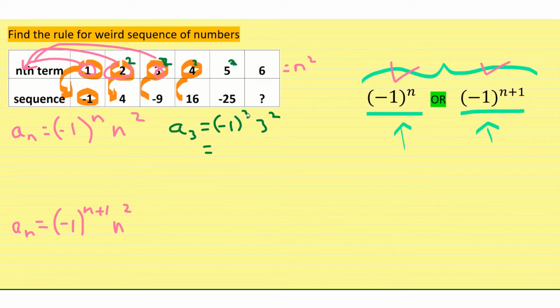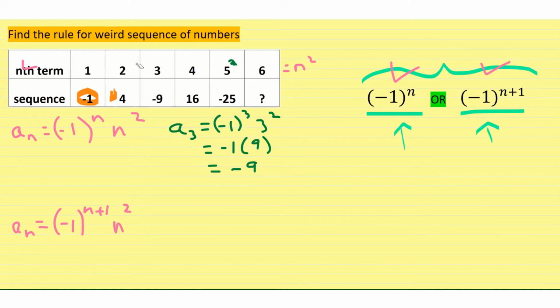Okay, so -1 to an odd power means there's going to be an odd negative left over, which means it is still going to be -1. And then we're going to multiply that times 3 squared. Well, 3 squared is 9, and that -1 times the 9 is equal to -9. And voila, that is actually what we have up here. We have that the third term is equal to -9. The third term